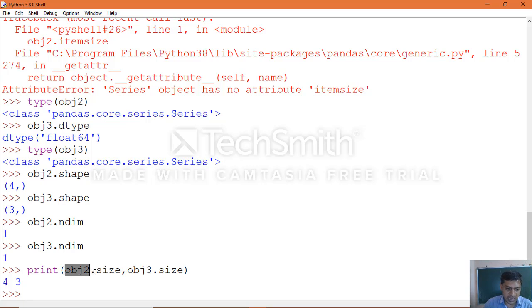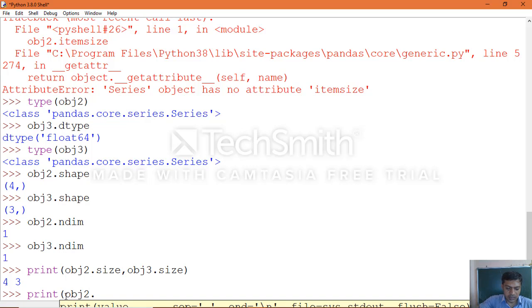Object 2 has 4 elements and each element is 8 bytes, so 4 into 8 is 32 bytes total. Same for object 3, which has 3 elements of 8 bytes each, so 3 into 8 is 24.